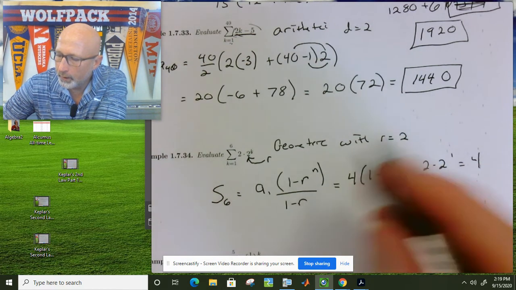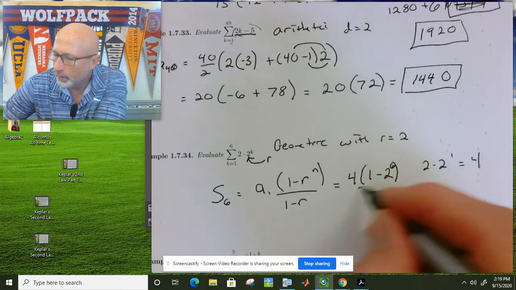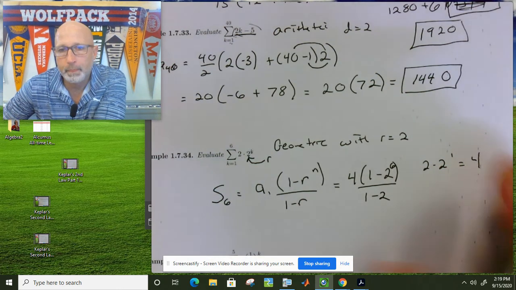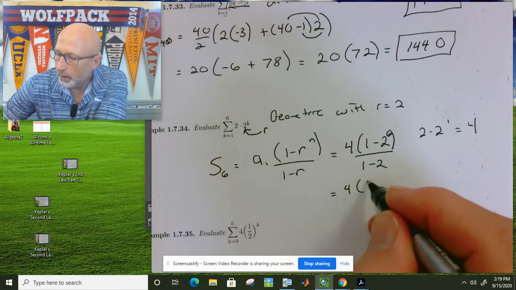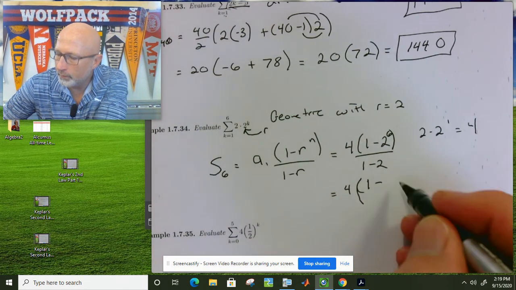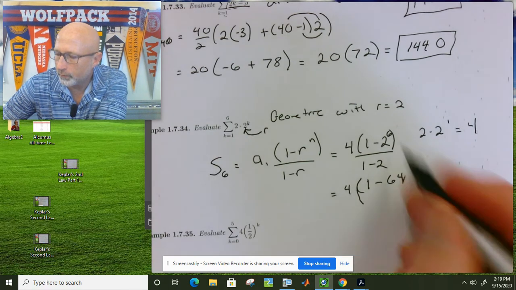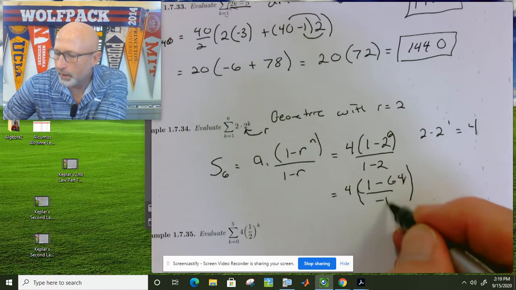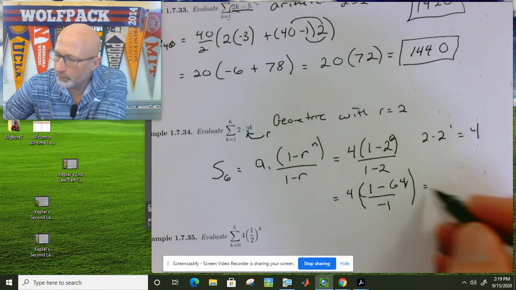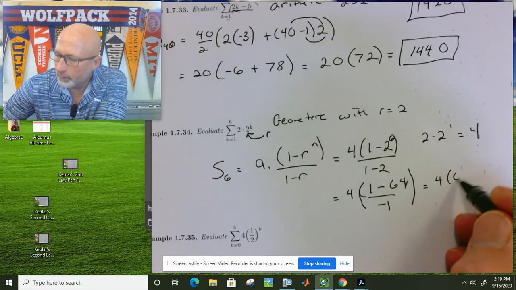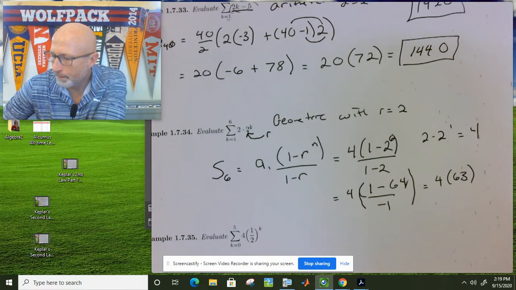So 4 times 1 minus the common ratio of 2 raised to the 6th power, over 1 minus 2. So this is 4 times 1 minus 64, 2 to the 6th power is 64, over negative 1, which is equal to 4 times 63,